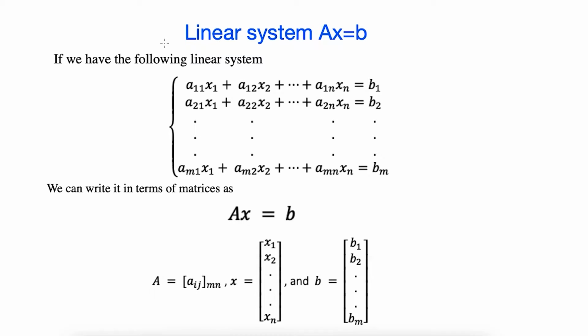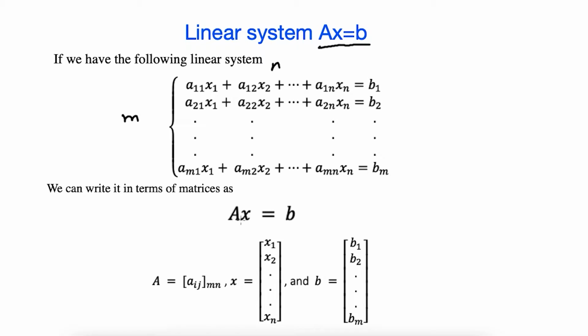Hello everyone and welcome. In this lecture we will see how to represent a linear system in matrix form, especially in the form of Ax equals b. So if we have, for example, a linear system with m equations, like this one here, we have m equations and n unknowns. If we have m equations with n unknowns, we can represent this linear system as Ax equals b,